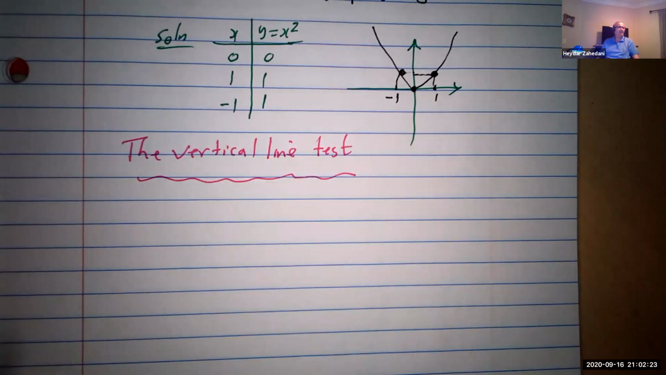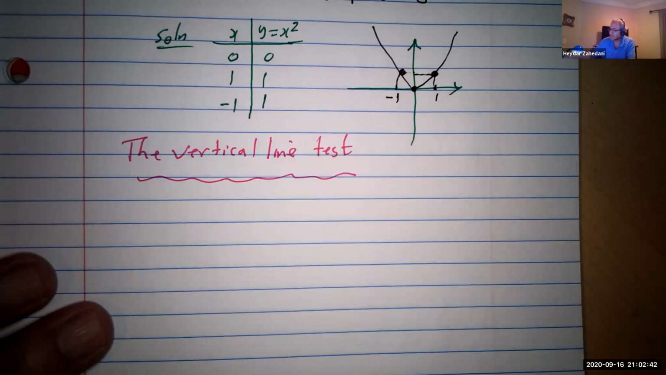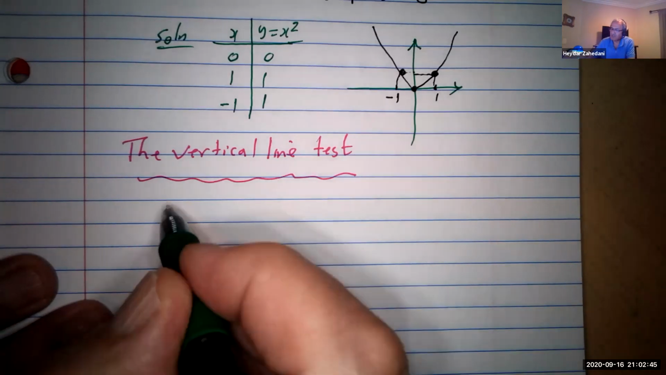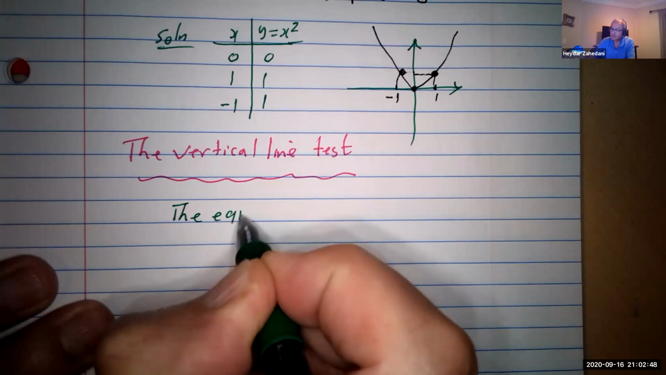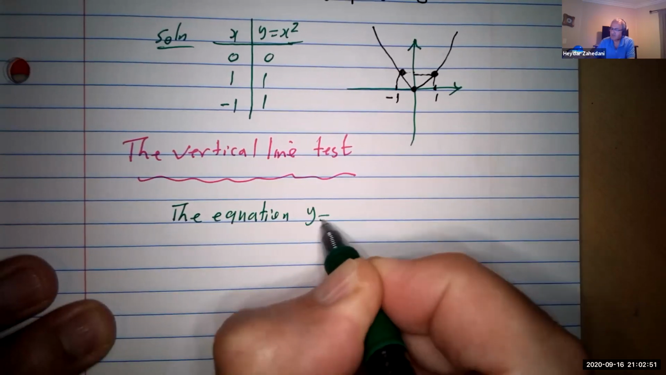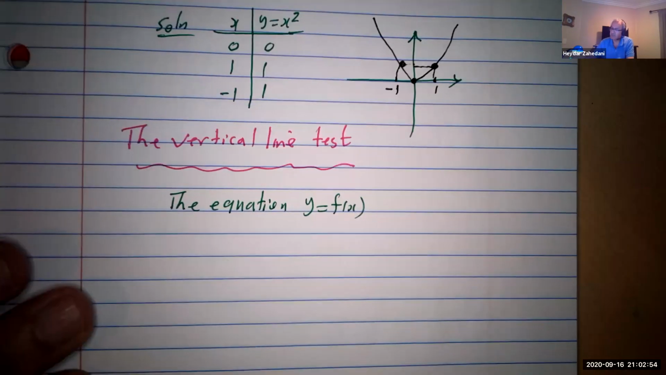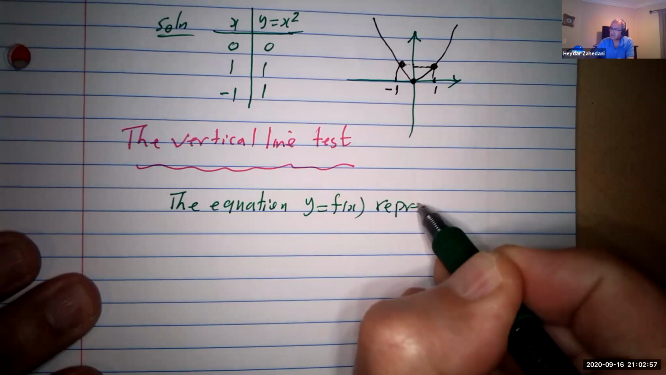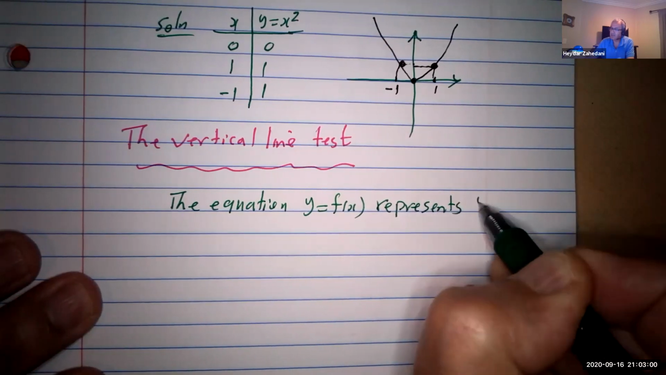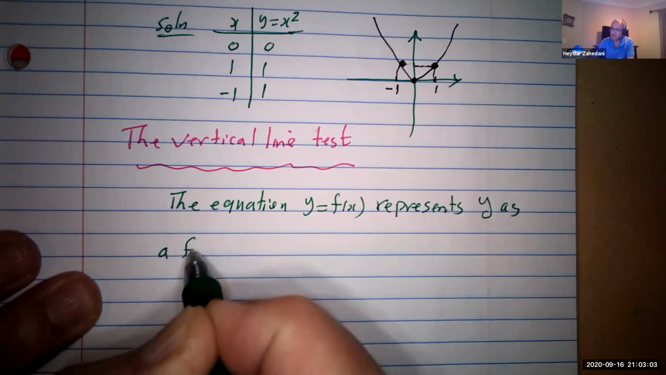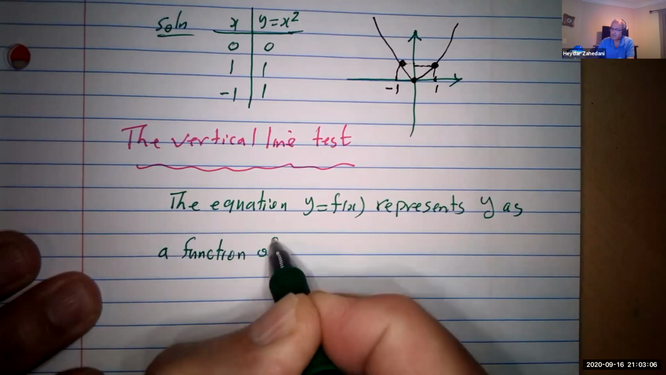This is the same thing that we did before. For each value of x, you get only one value of y. A value of x gives you a vertical line, and one value of y means this line should intersect the graph at one point only. This is going to be the idea. The equation y equal to f of x represents y as a function of x if and only if